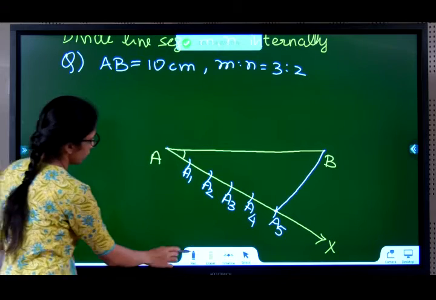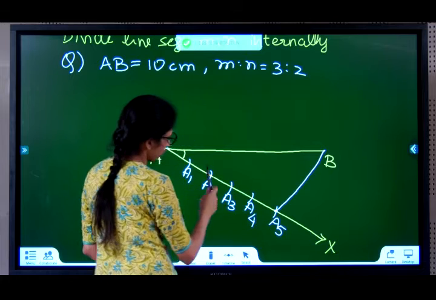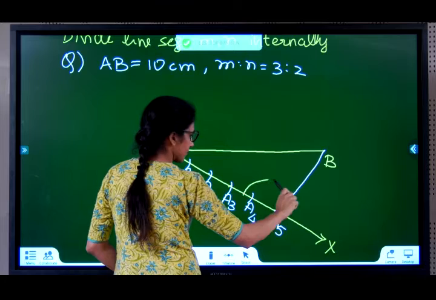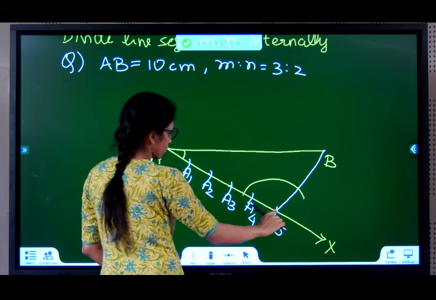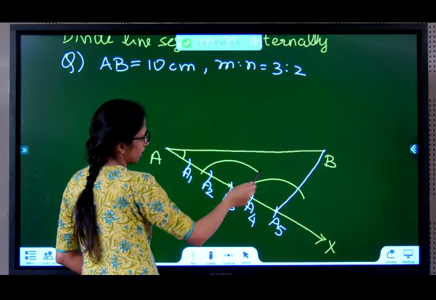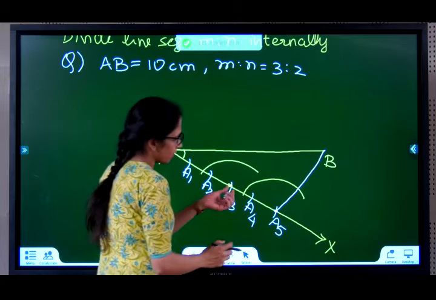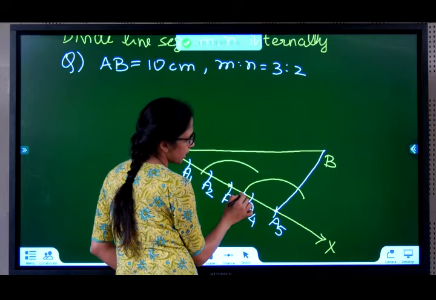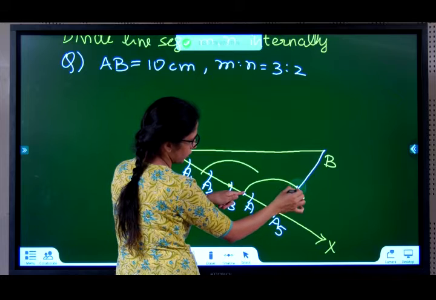Yes. So here I want to construct the same angle over here at A3. How are we going to do that? Take any arc length and cut an arc. Keeping A5 as center, cut an arc. Okay. So at A3, draw same arc. Next, what do we do? We come here. This is your new point, right? Keep your compass at this new point and measure this.